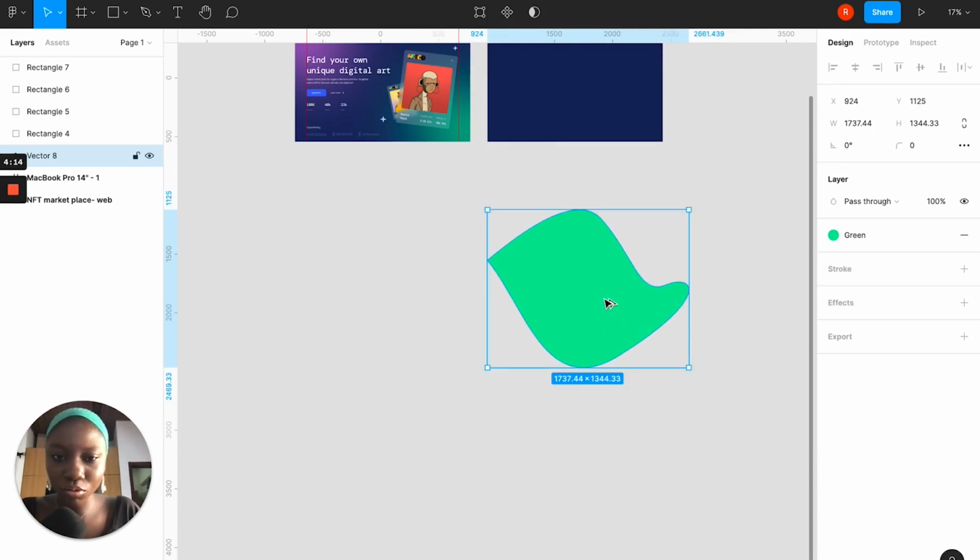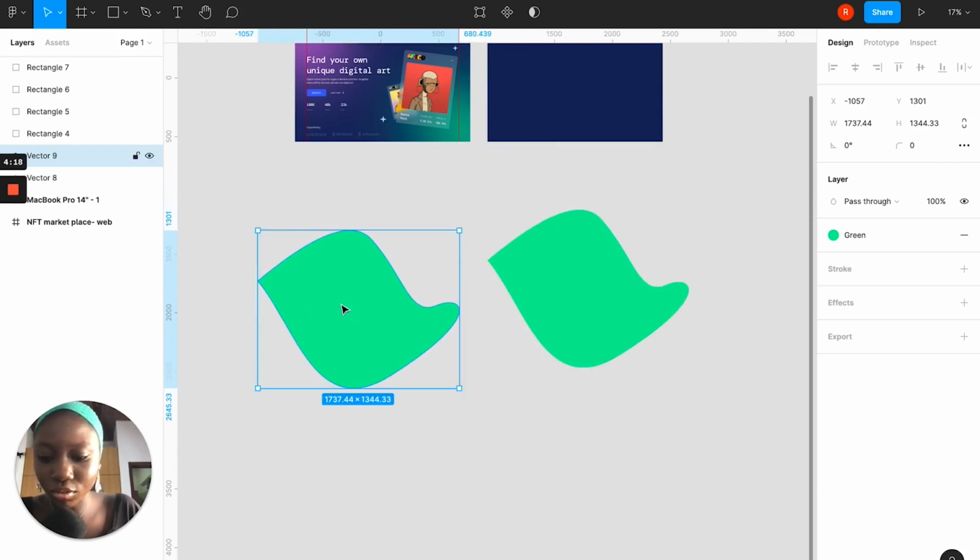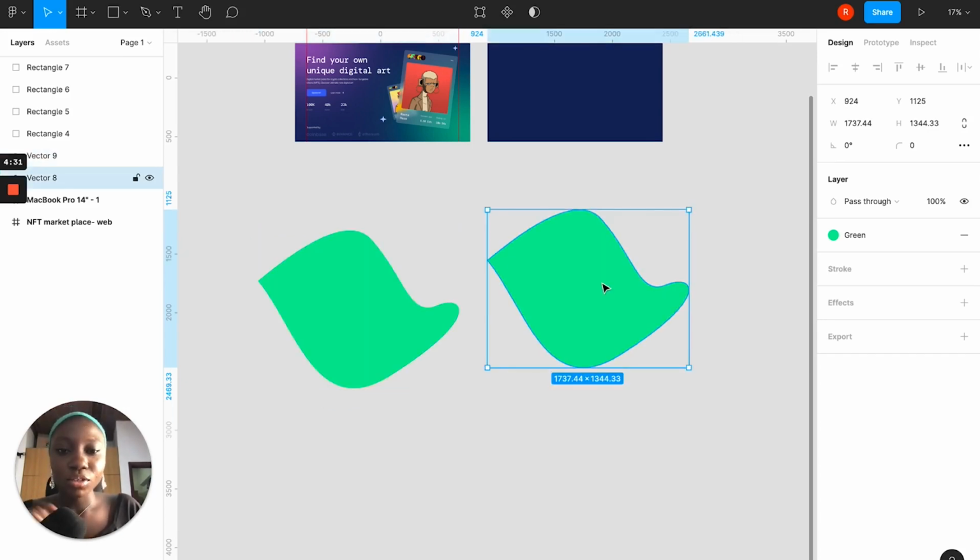Then I want to duplicate. If you want to duplicate, you put your hand on the option key, and once you see this double thing on the cursor, you drag it out. So anyways,